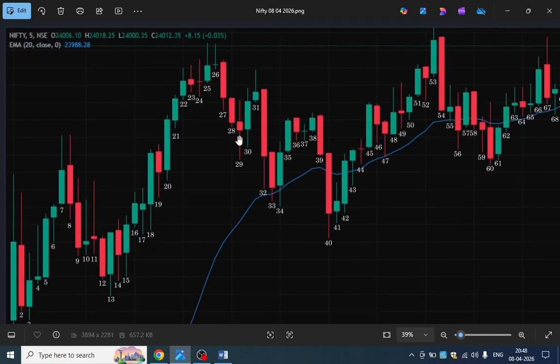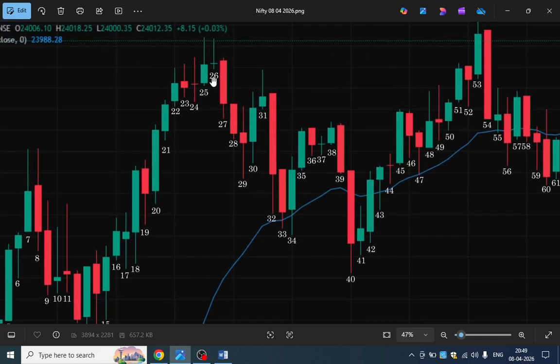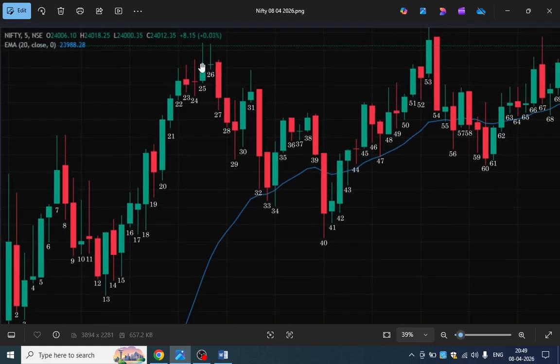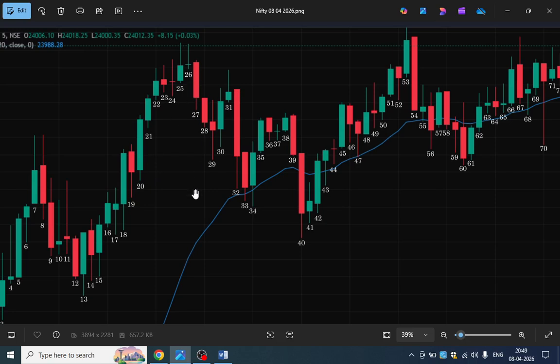For me, this is a counter trend. So even if you see this type of thing, you should never try to enter for this move. You can go short below this 26, below 25, below 24 for a small move, but in general you should completely avoid this. For me now this is my first leg, and I am looking for a pullback.